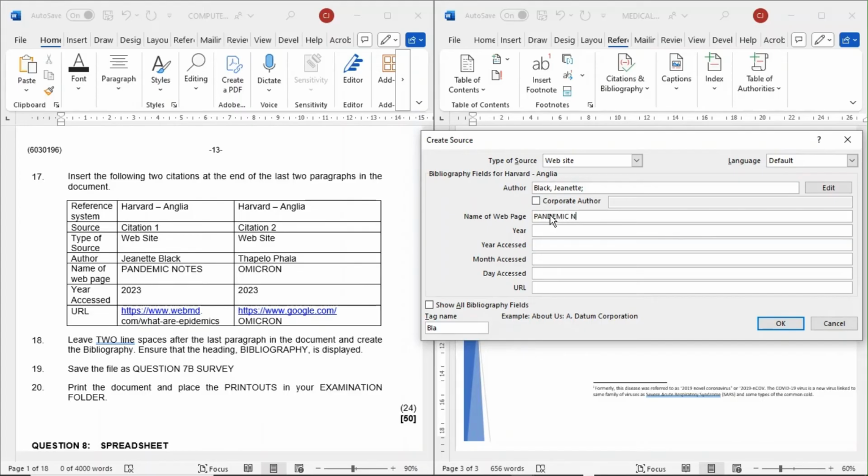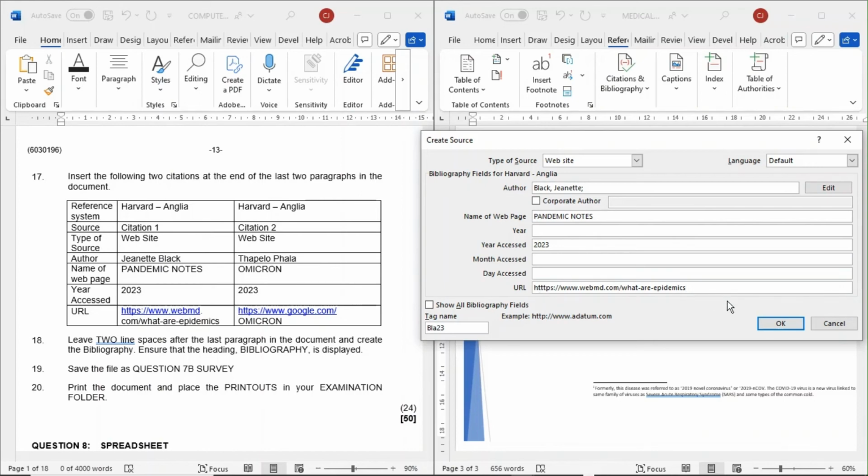Then name of the web page, caps on, Pandemic Notes. Then the year, it says 2023, and the URL is, let's put caps off, https, france, web md dot, pandemics.